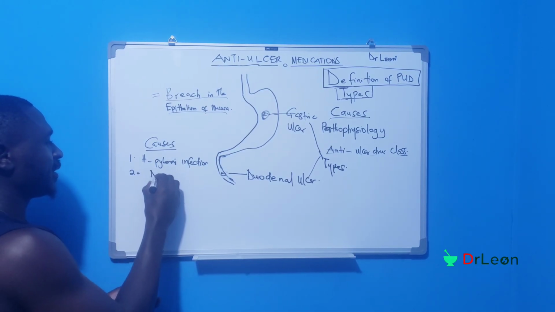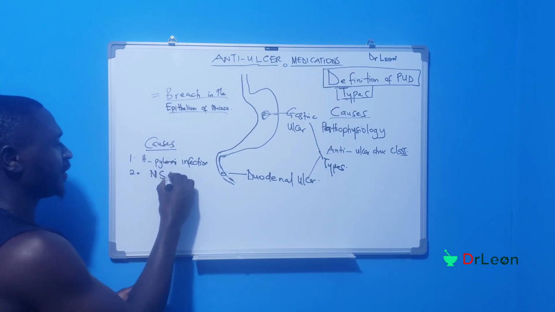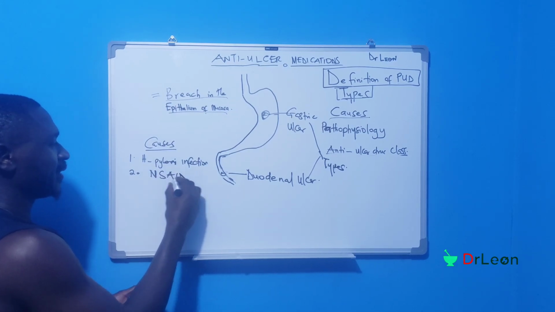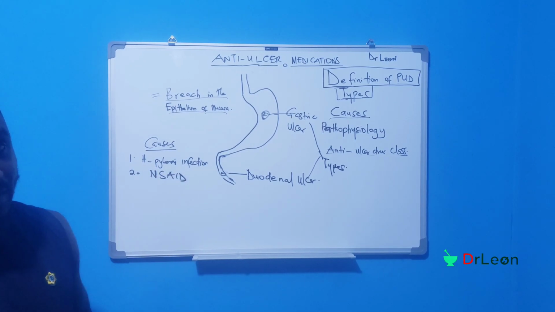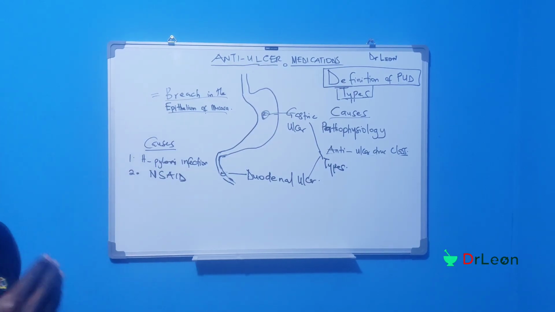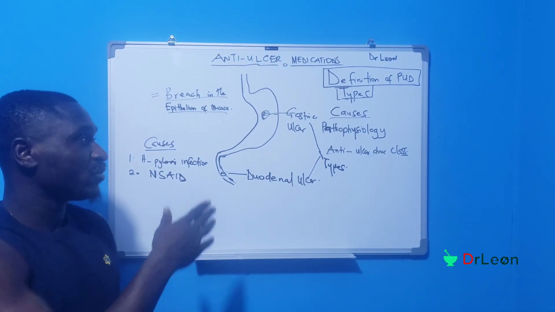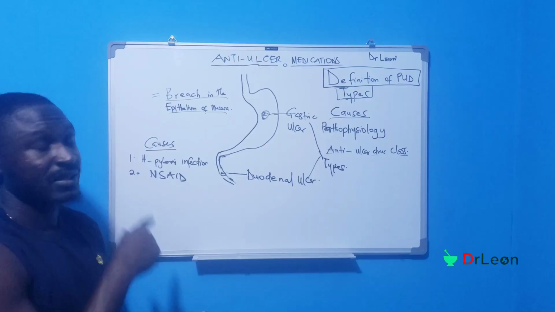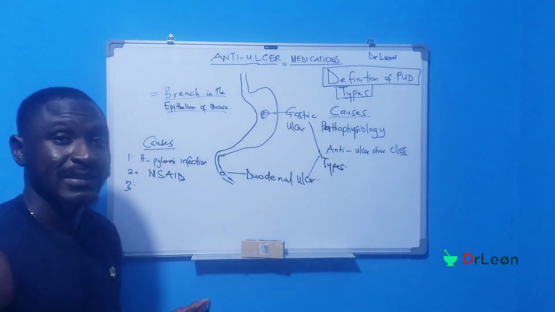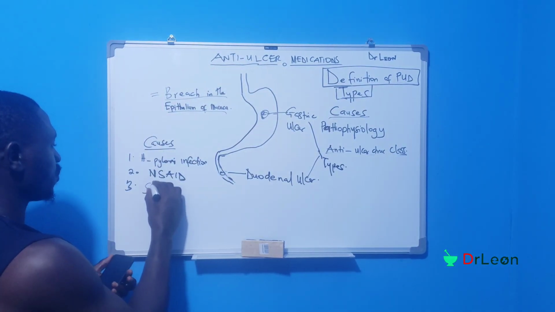Two is the use of NSAIDs. These are certain types of painkillers, and consistent use of them can also lead to the breach in the epithelium. And the third one is